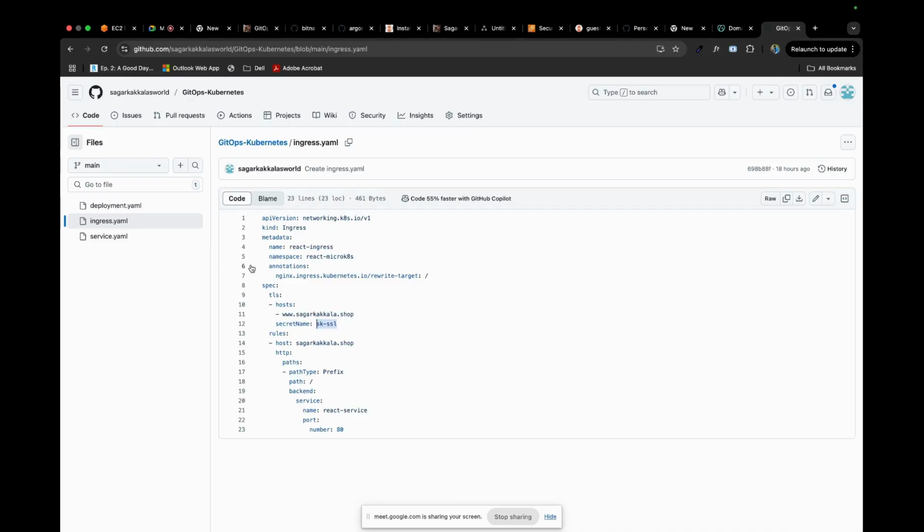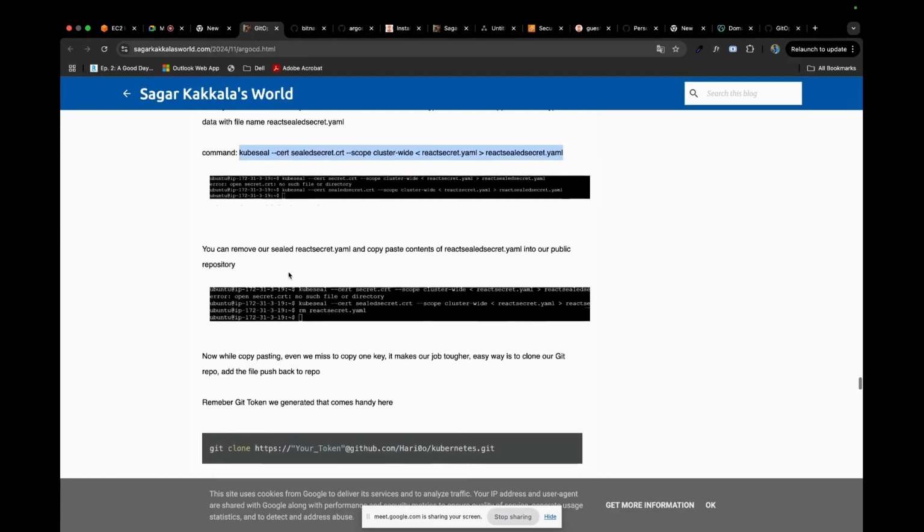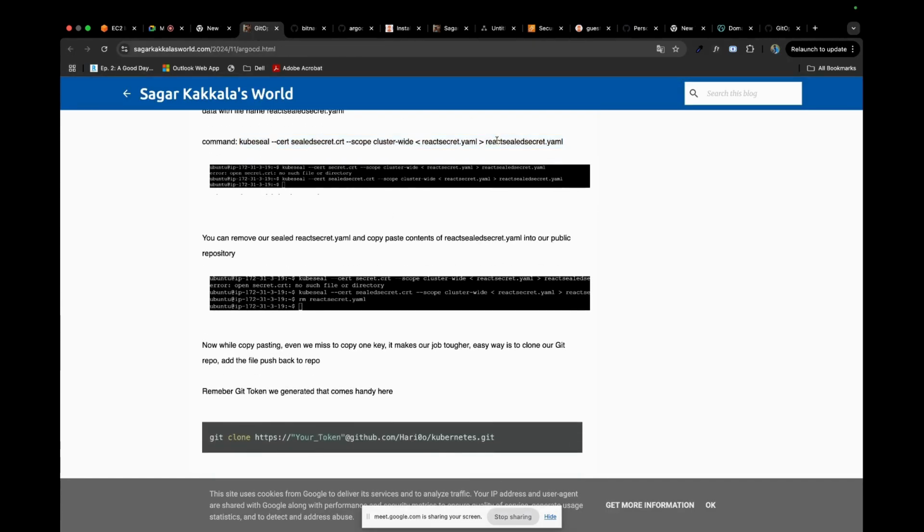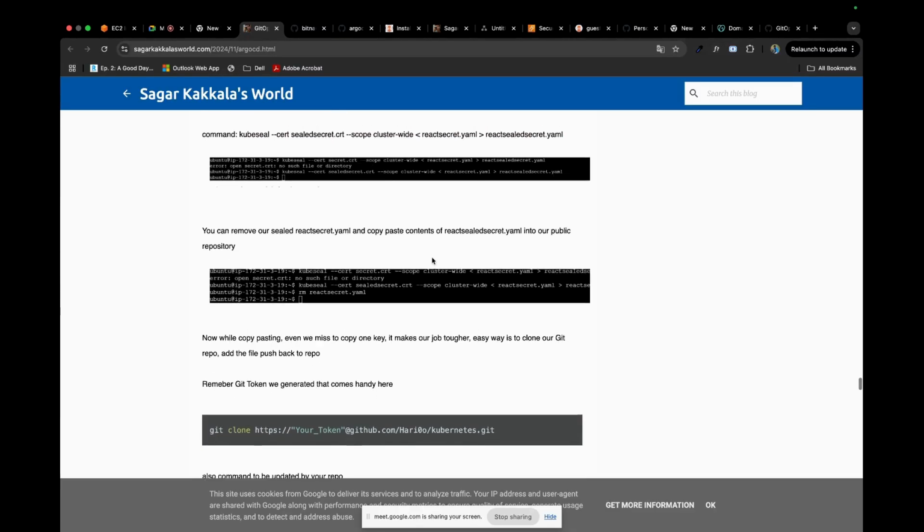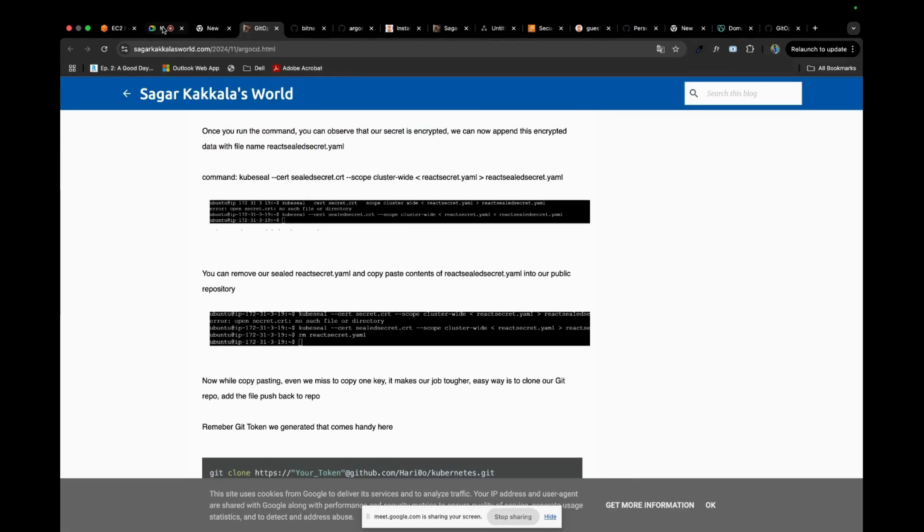Now we want this secret to be inside the repo itself. So what we are doing is we created a sealed secret, the encrypted secret. Even though it's in the repo, no one would be able to use that. So what I'm going to do now,